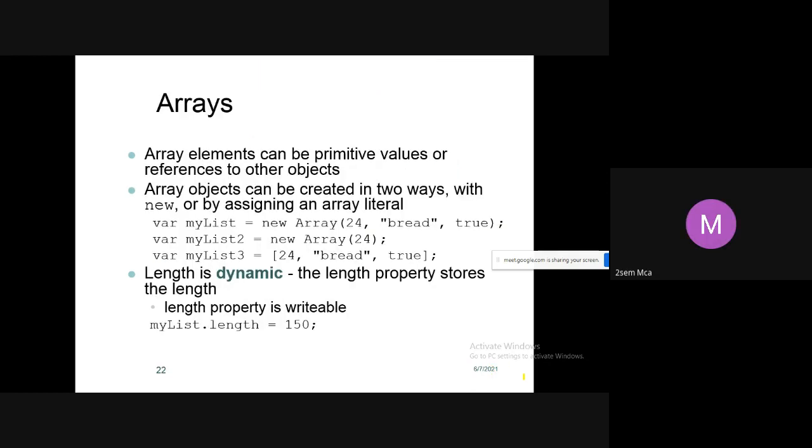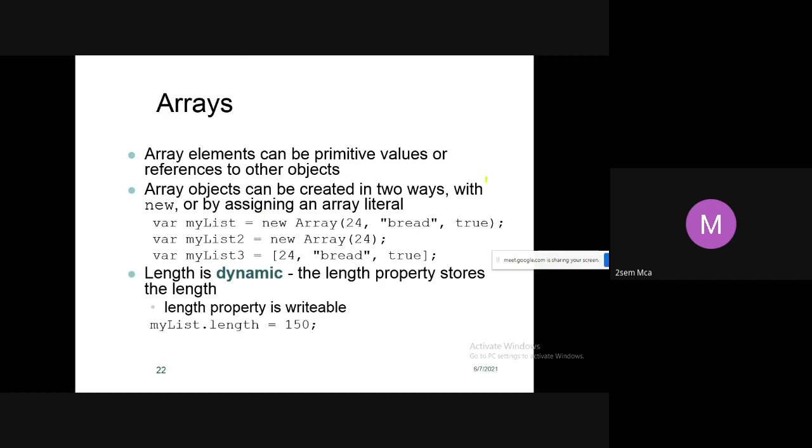So next we have arrays. Array is nothing but a collection of values.